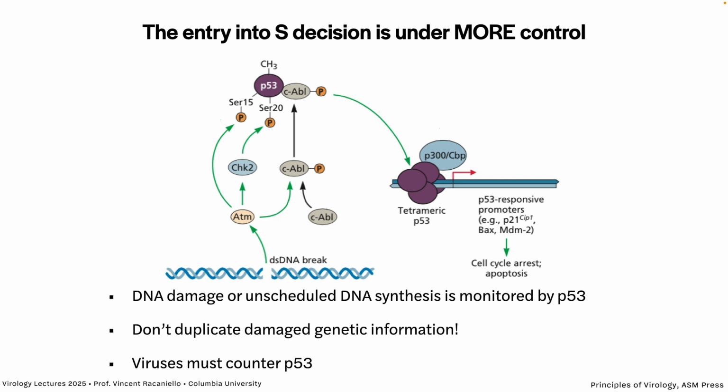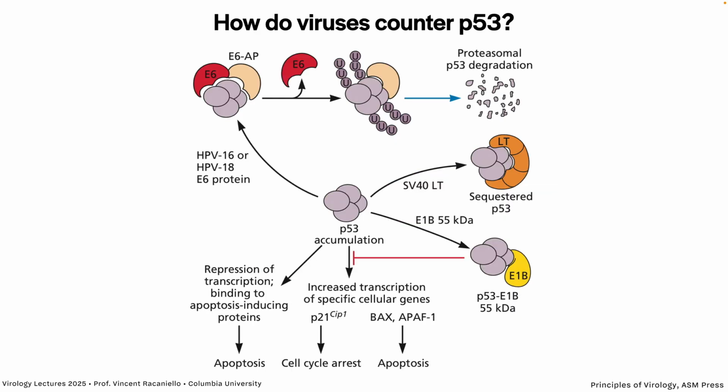Well, they deal with it, of course. These are viruses. Viruses counter P53 also. And these are different T antigen ways that they do it. For example, SV40, large T, will sequester P53, so it can't work. The E6 protein of HPV causes RB to be ubiquitinated, so it's degraded. And the E1B protein of adenovirus also sequesters RB. Sorry, it also sequesters